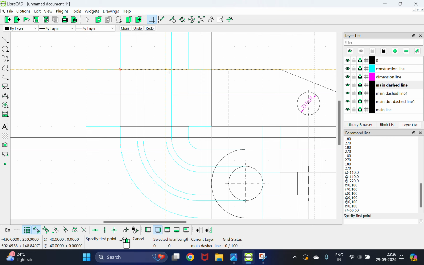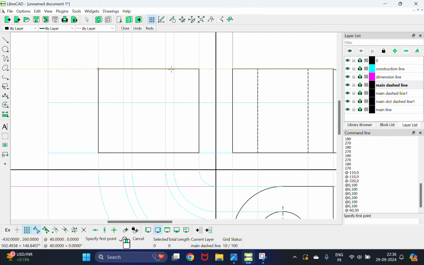Okay, so by using a dashed line I can just show what is going to be that. So I'll just show something different, right? I can use tiny dash. This is better. With the tiny dash I can just